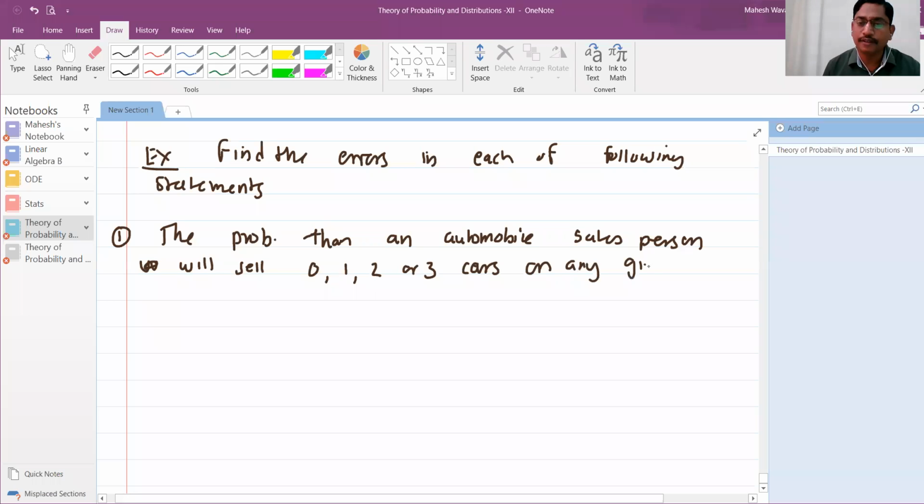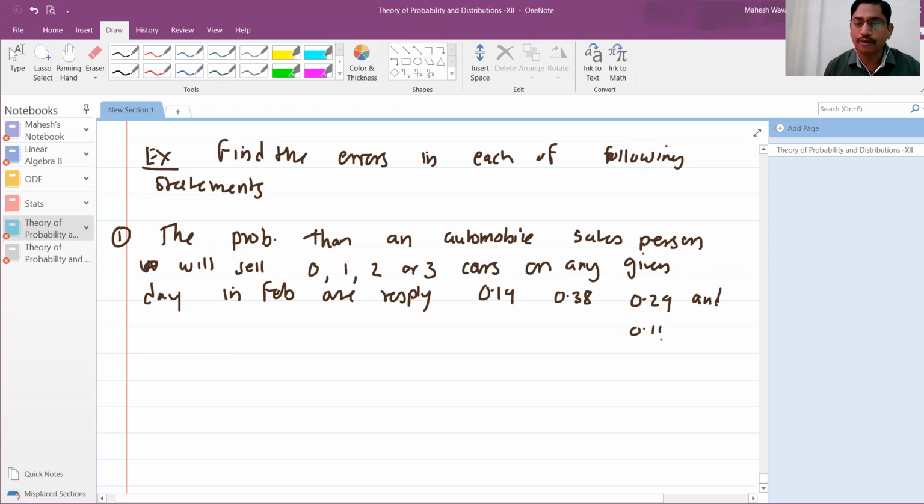On any given day in February, respectively 0.19, 0.38, 0.29,